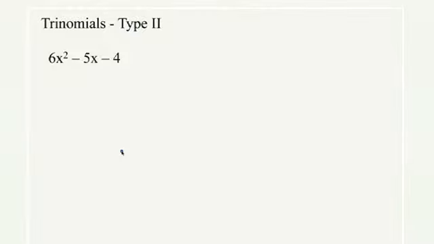Absolutely. Let's start with this first one. When you look at this problem, the first thing you'll notice is that this one has coefficients at both ends. Now, going back to Rule 1 that we learned earlier, we want to see if there's anything common in all three of these. And by inspection, we see no, there is nothing in common in all three. So once we notice that, the first thing we want to do is multiply the first and the last term together. This gives us the number 24.